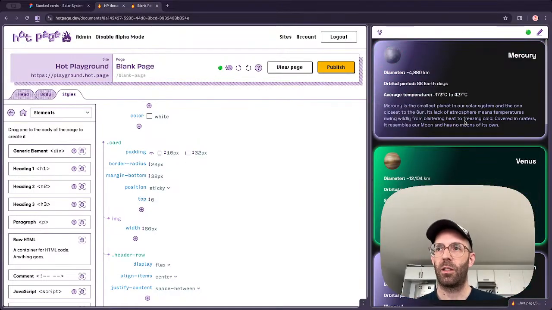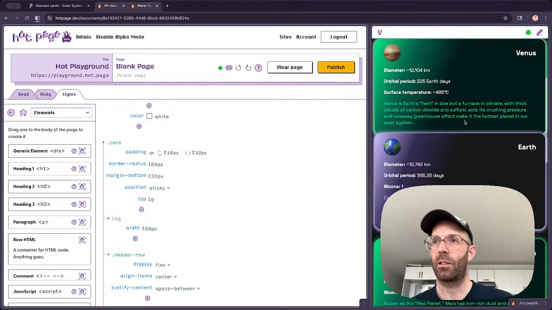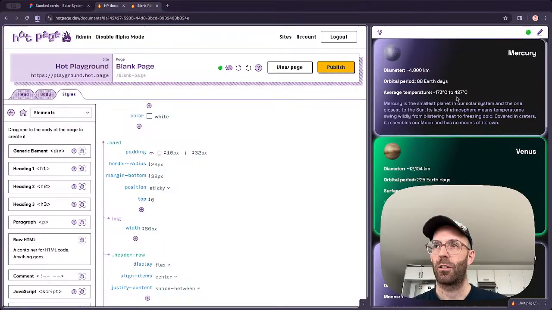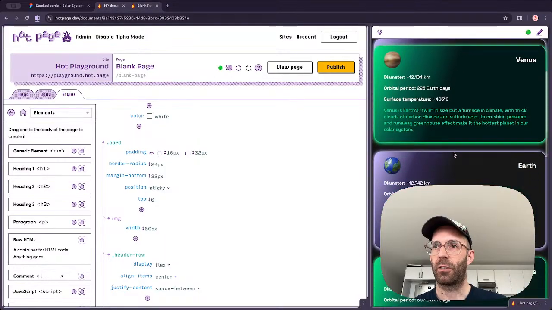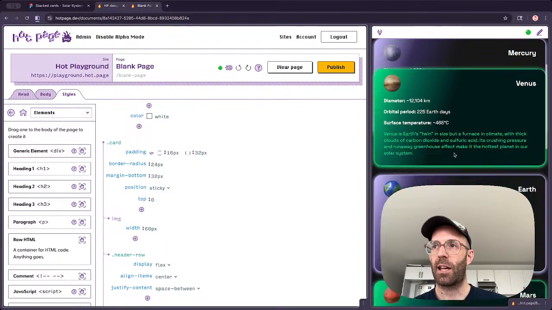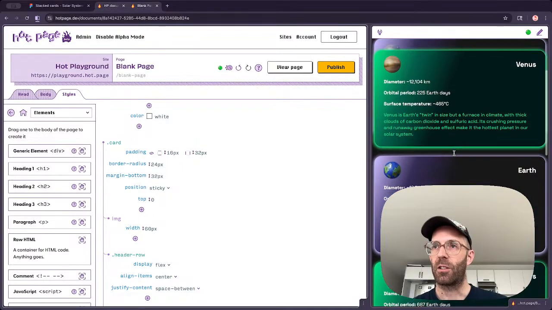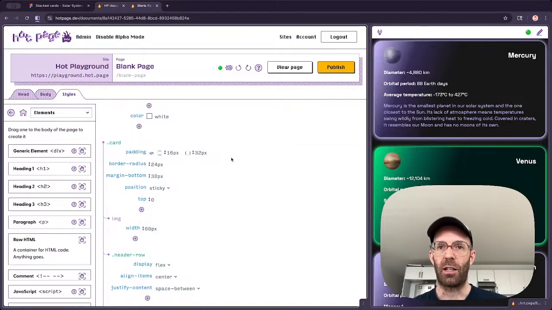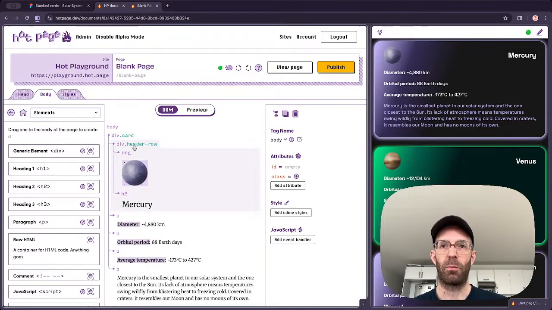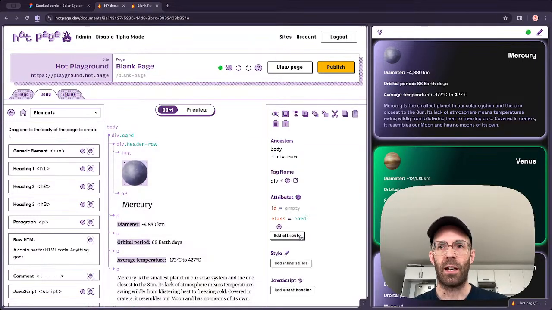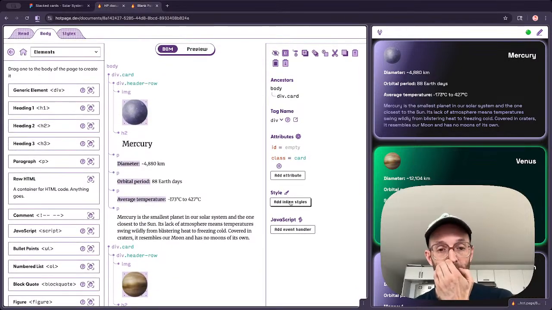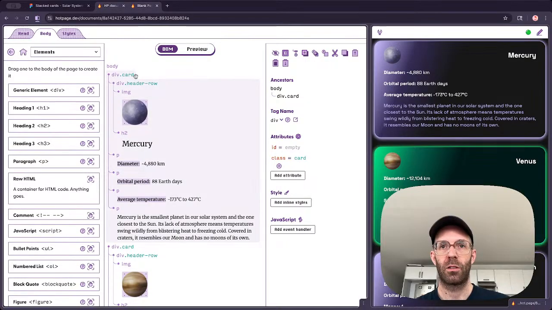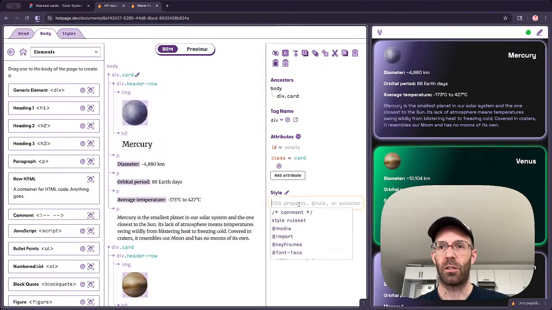Now, the thing with these cards is we probably want to have some space of the card here. So when Venus stacks on top of Mercury, it actually stacks like right there, so we can see that there's a planet behind that, or card behind that card. So in order to do that, we would have to set styles on each one of these. So the first one, Mercury, let's say